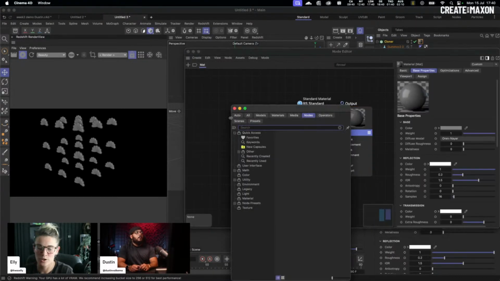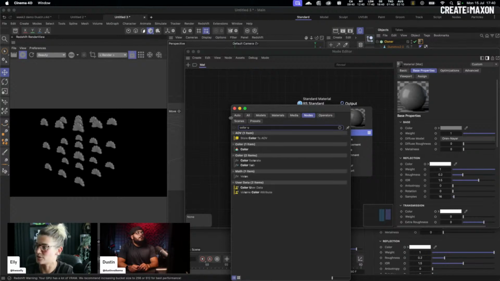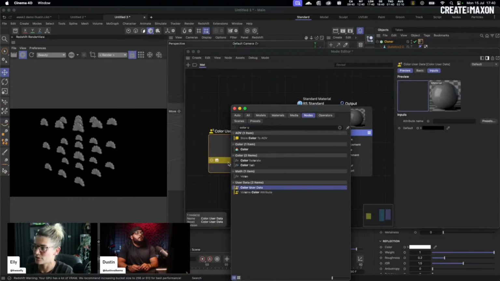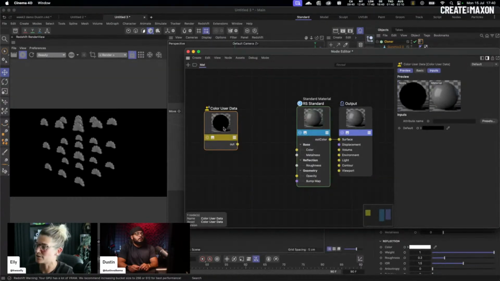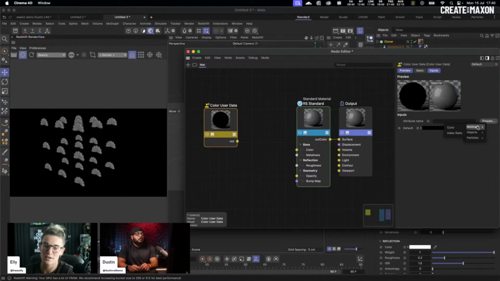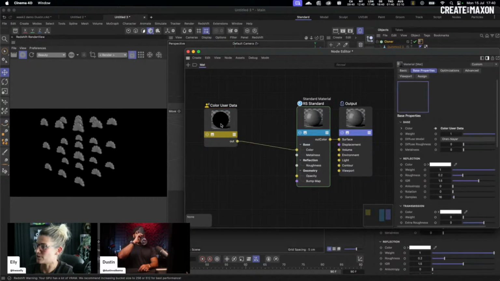And then we can take advantage of color user data. So I'm just double clicking and creating the color user data node. And then we have different options in here. We can define MoGraph color, the index ratio, and we can look at things like the display color and other things like that. But a pretty cool one is if I just connect this to the base color,